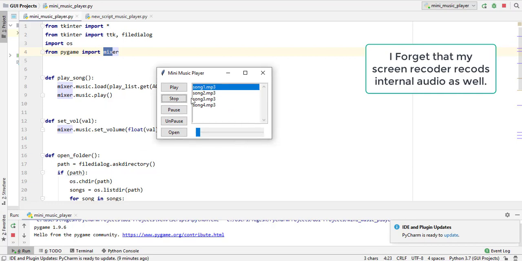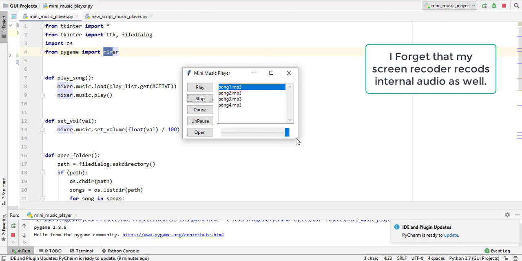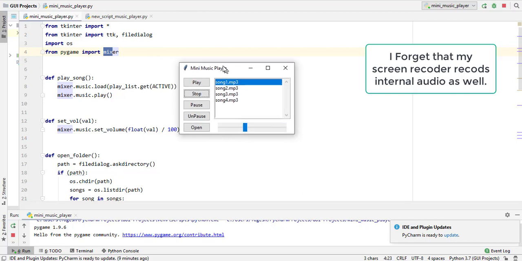Let me unplug my headphones and play it again. I hope you hear the song, and as you can see, this music player is completely working.